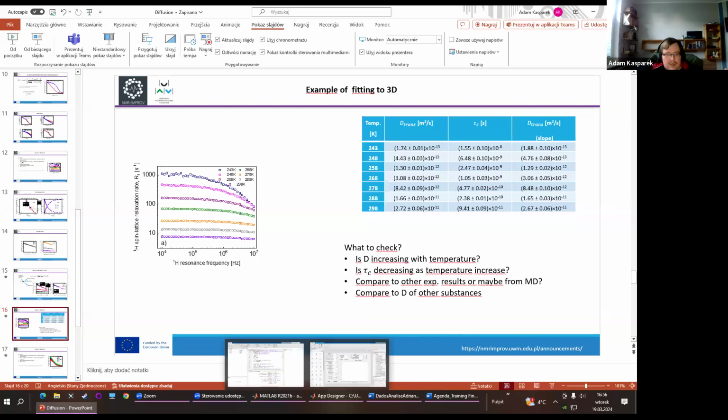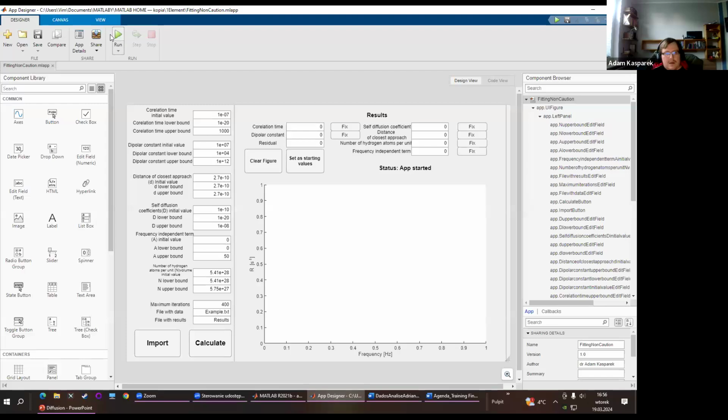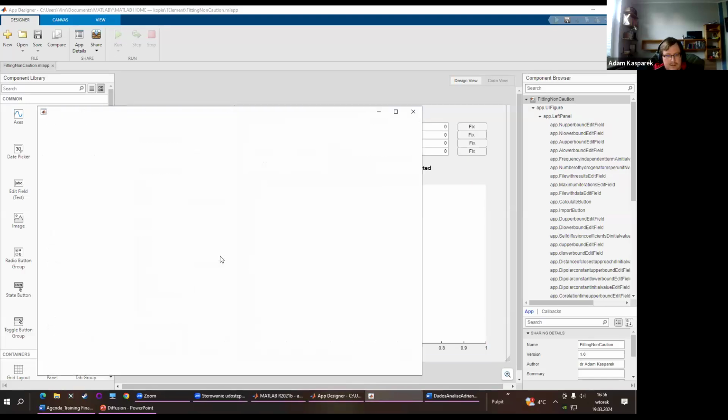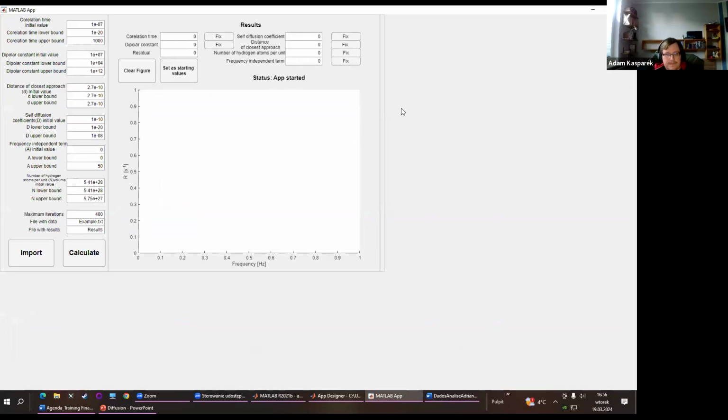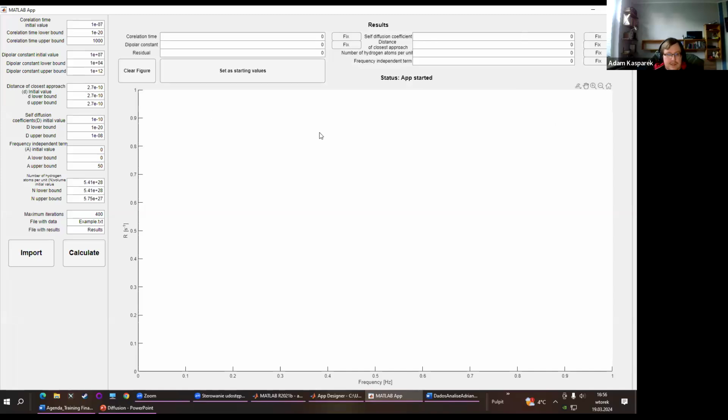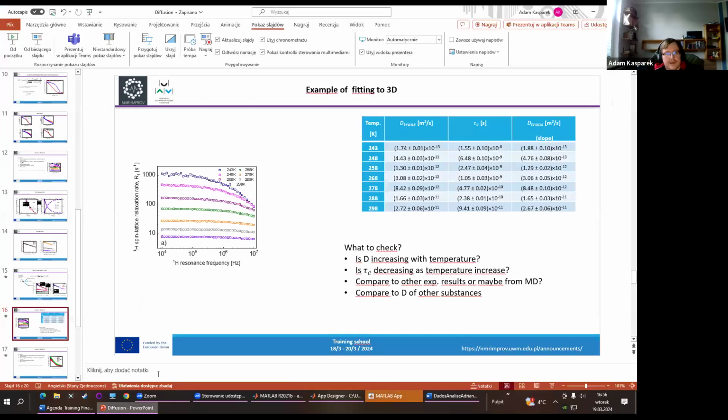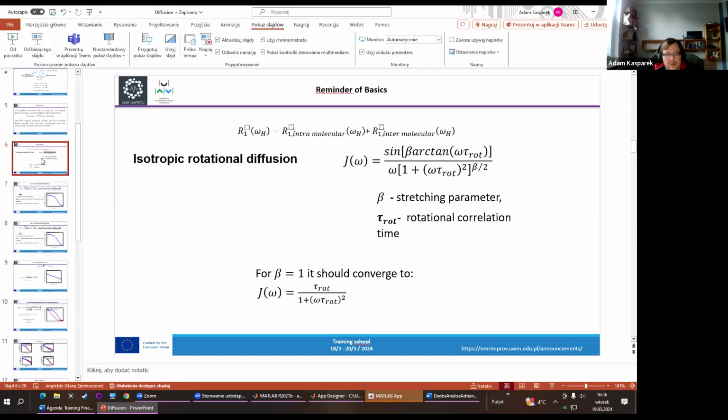So I will now go to this tool and I will run it. And we have here this application which I prepared sometime ago to do the fitting. Here we have all the parameters which we have to fit to our model. The correlation time and dipolar constants go to the rotation. So this means